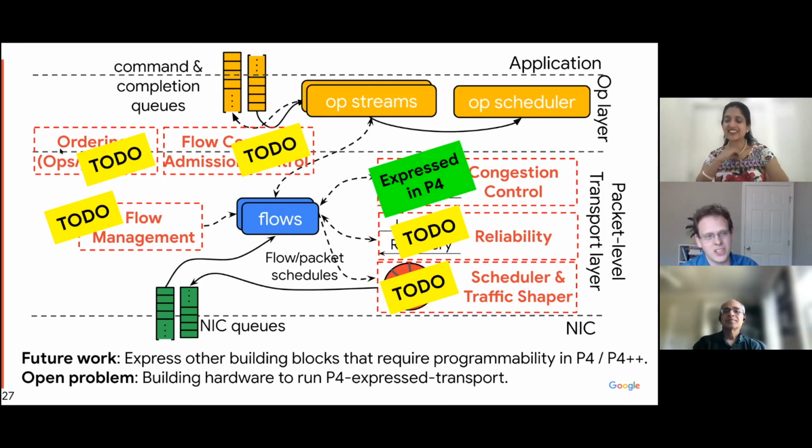P4 is traditionally the programming language for switch pipelines, right? I think it really makes sense to take it up a level, right? And think of other domains where we can apply it. And I think I've tried to lay down a bit of a framework, right? Don't think too much about packets and stuff. There are many ways we can think about this. And yeah, I think congestion control is one. I think there are probably many other ways where we can apply P4.